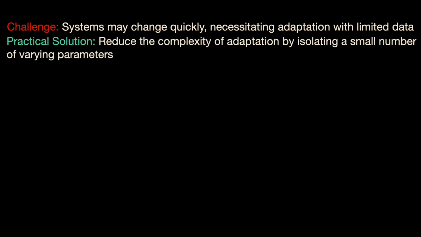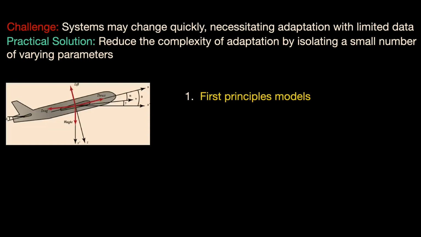Now, one of the primary challenges in adaptive control is that the systems might change very quickly, requiring you to adapt to the current operating conditions with a very limited amount of data. The practical and commonly accepted solution to this is to try to reduce the complexity of the adaptation module as much as possible. So in particular, you can isolate a few parameters that you expect to vary during the operation of your system. If you use first principles models, this is a very conventional way of approaching this solution. So for instance, in aircraft, you might keep the entire model fixed and then just adapt the altitude and speed